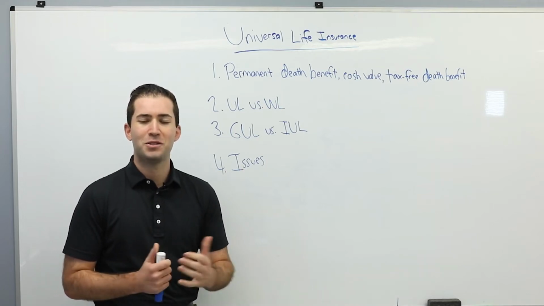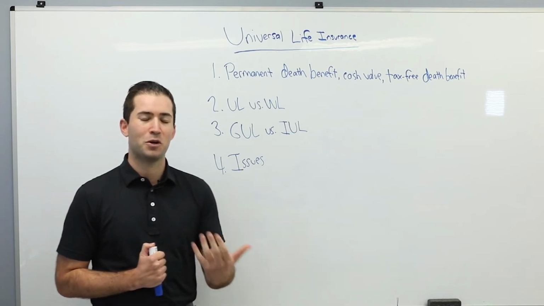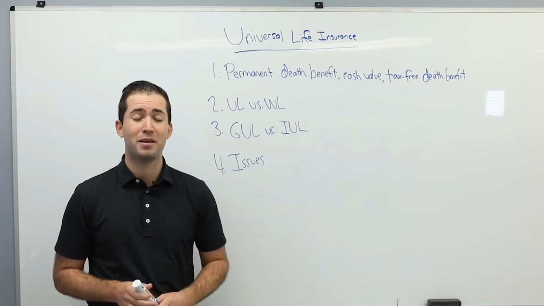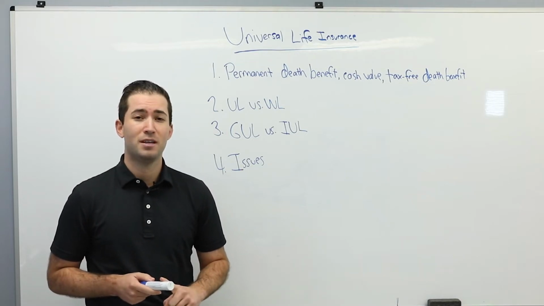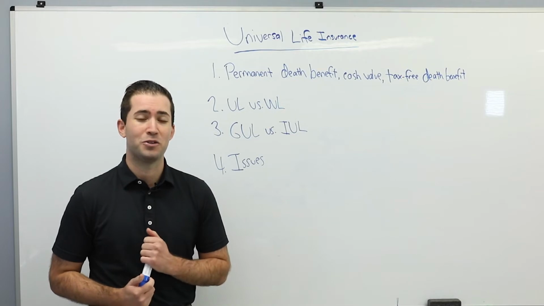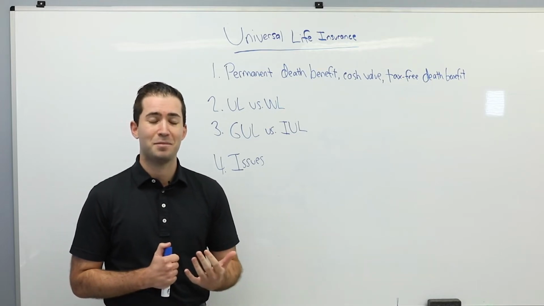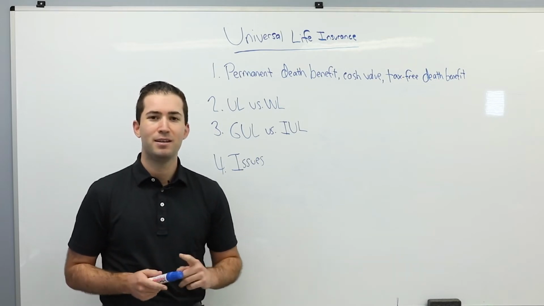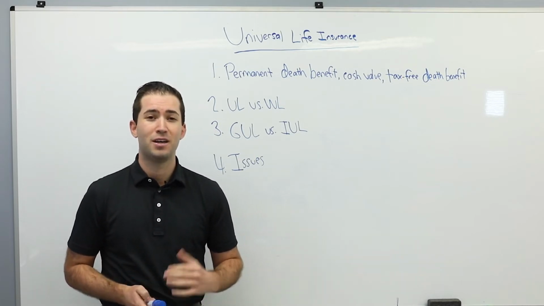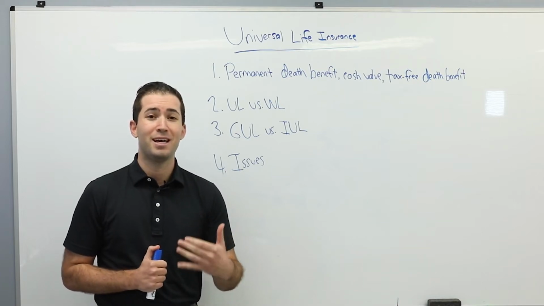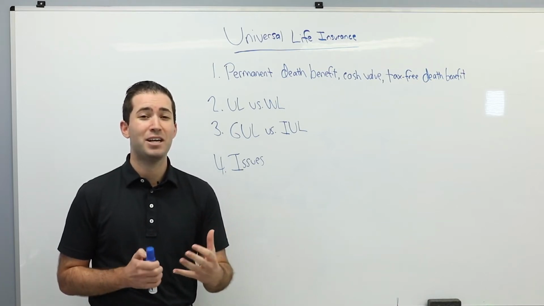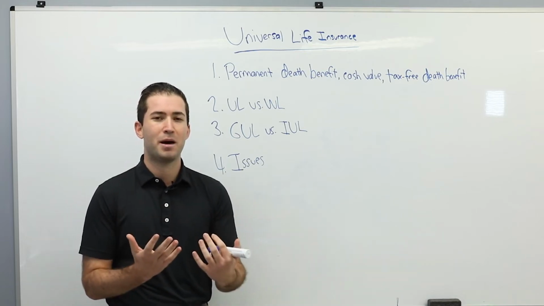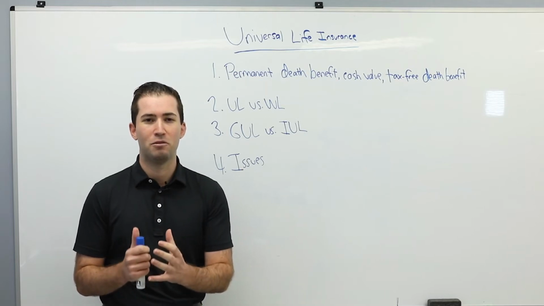So before we dive into what universal life insurance is, I wanted to give a quick background on the two other main types of life insurance that you may or may not be familiar with. The first one being term insurance and the second one being whole life or permanent insurance. So term insurance, as the name suggests, is life insurance coverage that lasts for a certain term. This could be 10 years, 20 years, 30 years. If you have it with certain companies, it could be annually renewable to a certain age, like 70 or 80. So it's the best way to get the most amount of coverage for the least amount of cost.